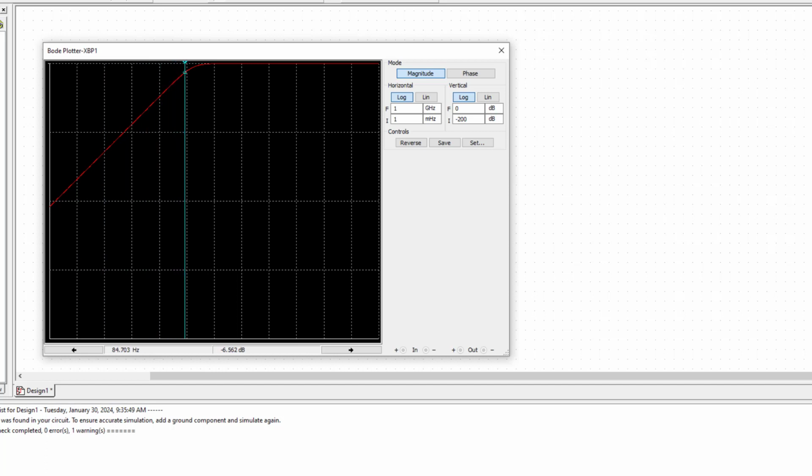I wanted to see where the minus 3 dB point is, because that is where it started bending, right? That is called the lower cutoff frequency. So this is one minus 3 dB point that is happening here. That can be changed and tracked, and you can find that as the frequency increases,